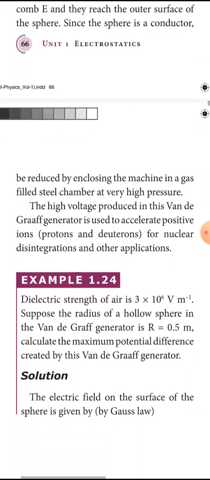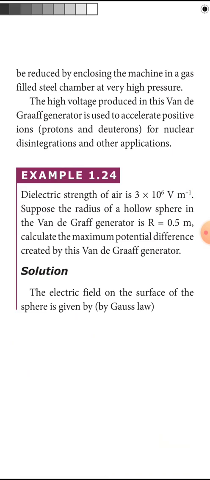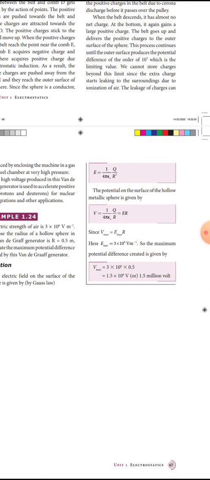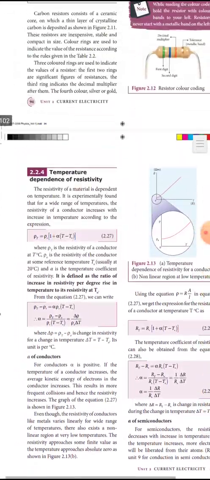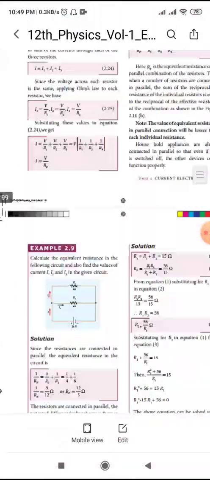And you have to write the uses of the Van de Graaff generator. A very high voltage is produced with the help of the Van de Graaff generator. So this is about the revision of the first chapter. And next we are going to see the revision for the second chapter,